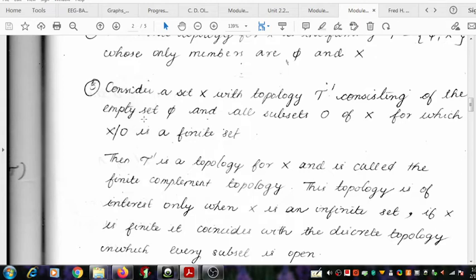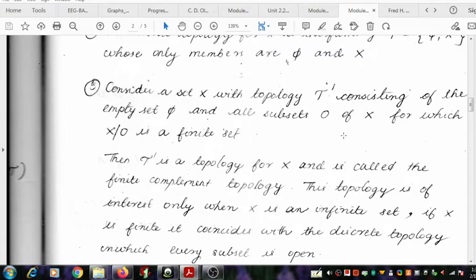Consider a non-empty set X with the topology tau prime defined on X. This topology consists of the empty set phi and the subsets of X. First of all, the topology tau prime contains the empty set, and it also contains subsets of X. An arbitrary subset O of X is a member of tau prime, but